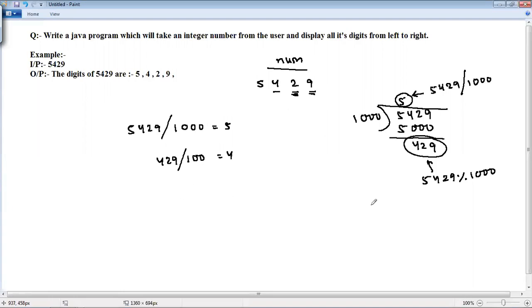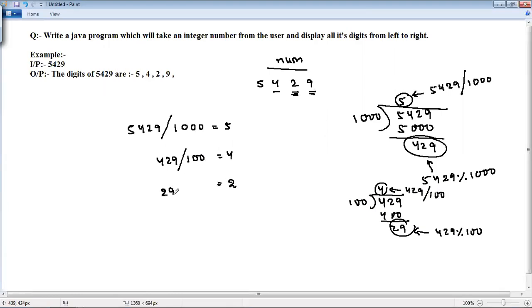If you divide 429 by 100, 100 fours are 400, remainder 29. So how to get 4? 429 divided by 100. And how to get 29? 429 modulus 100.